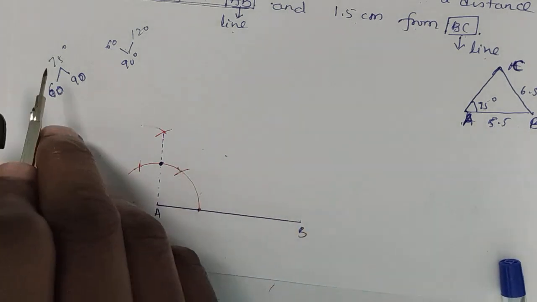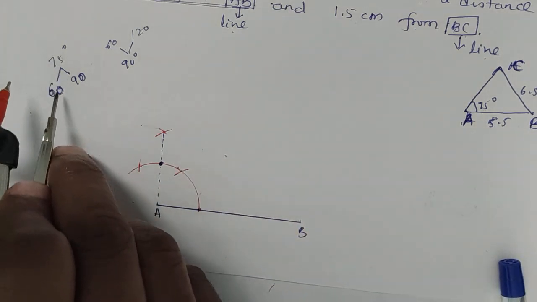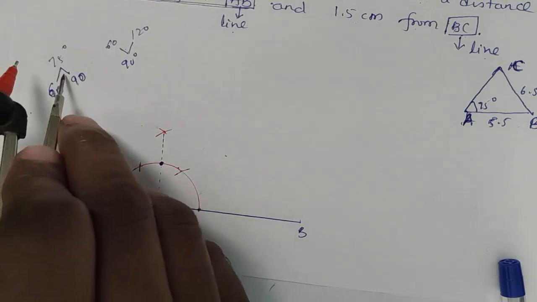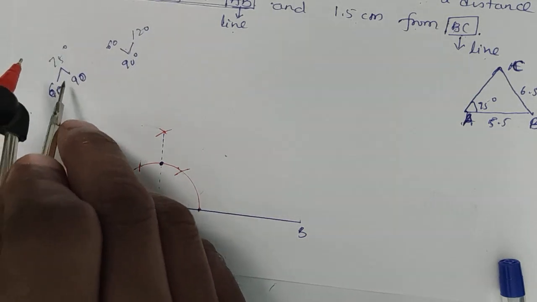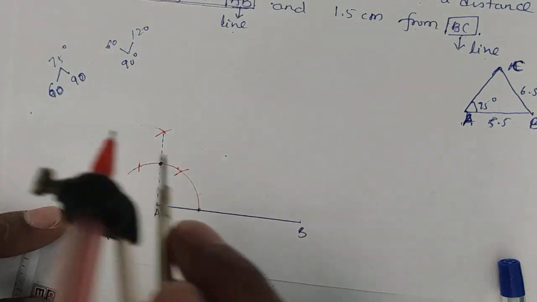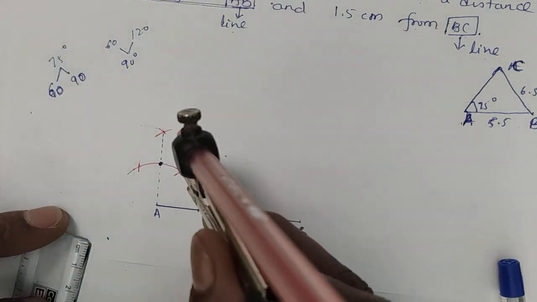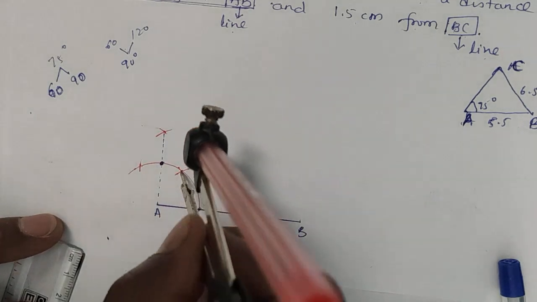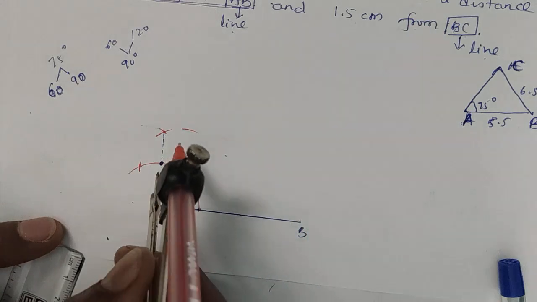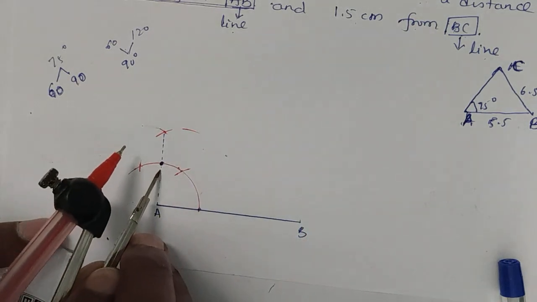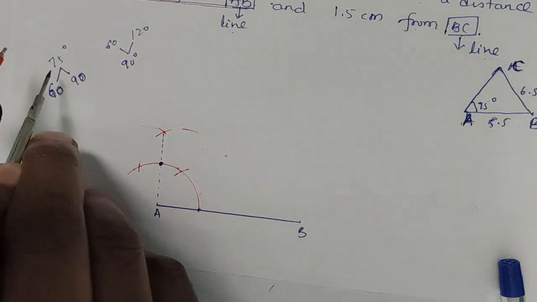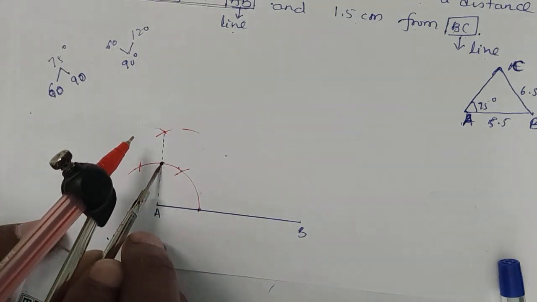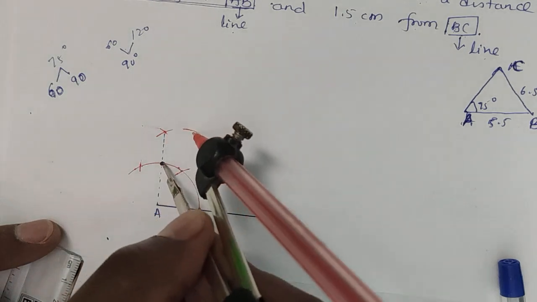Next, we need 75 degree now, because in the question it is 75 degree. How to get 75 degree? 75 is between 60 and 90, correct? 60 is above, 90 is below. So to get 75, our arcs should be 60 and 90 degree. This is 60 degree and this is 90 degree. To get 75, we have to use 60 and 90. From 60 one arc, and from 90 another arc, I do here.